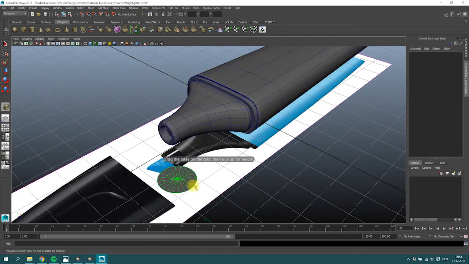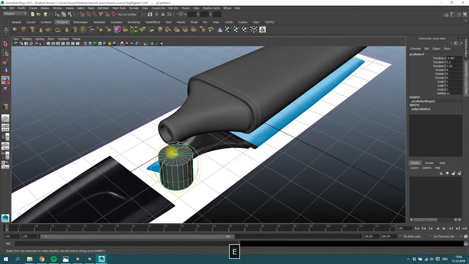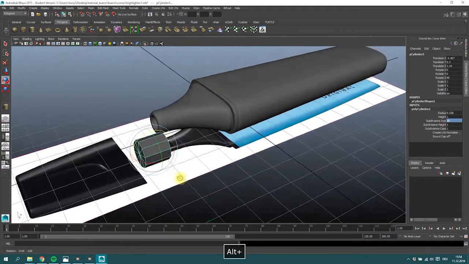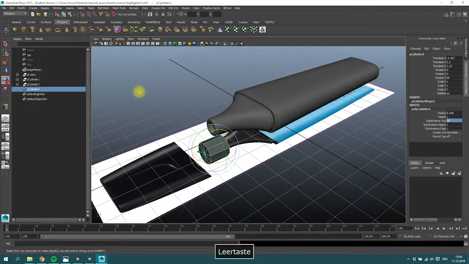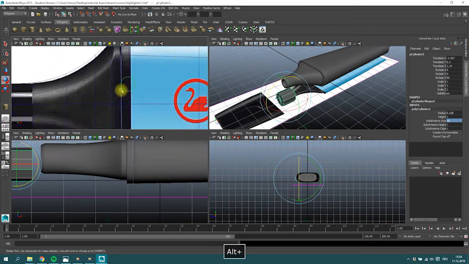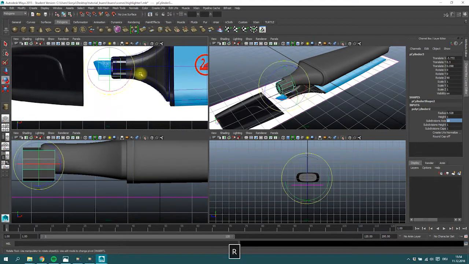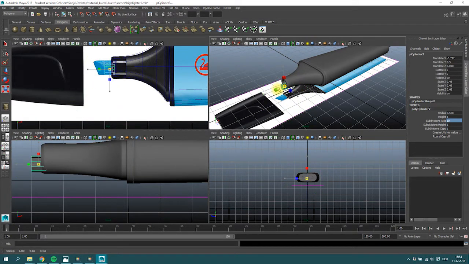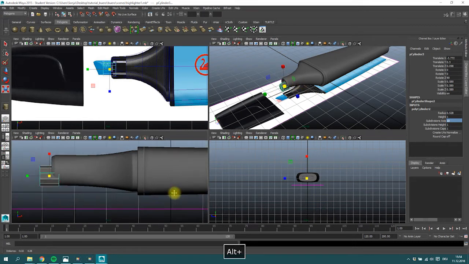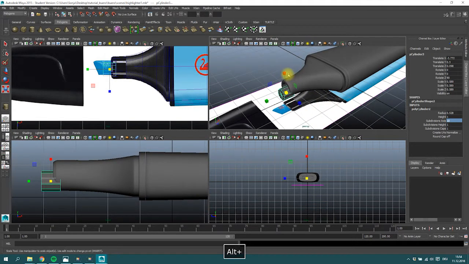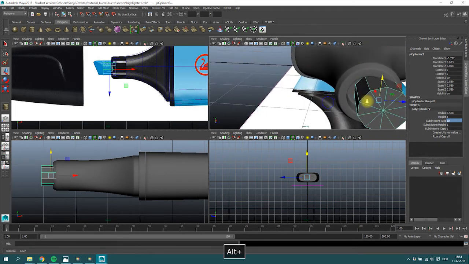So for the blue highlighter part, I will do another cylinder. Subdivisions 10 should be enough. So check here, side, scale it. And just